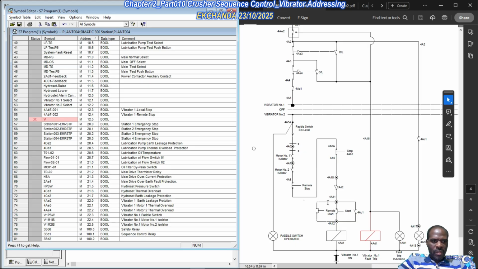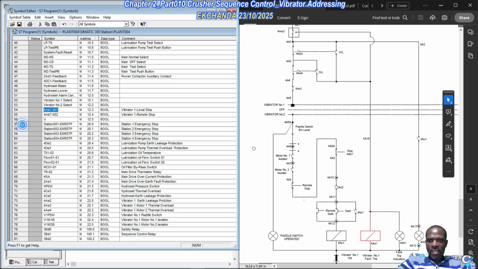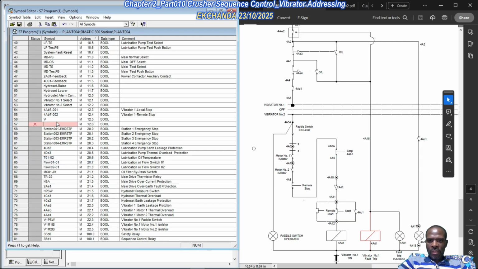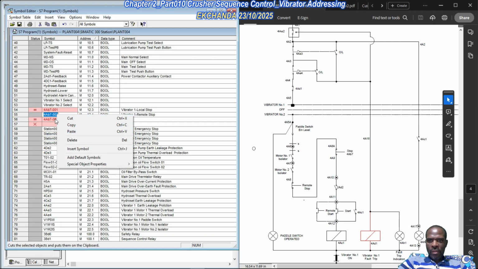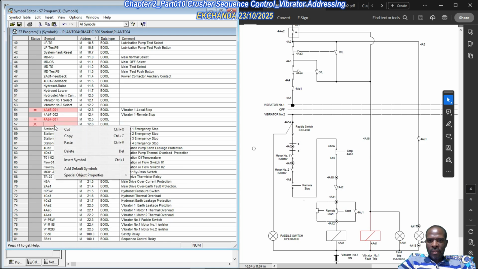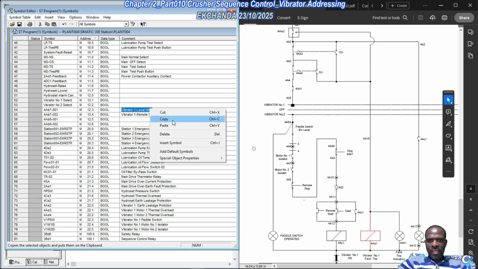Okay, because we really don't have the designation, so let me borrow this. Insert symbol. I'm going to paste there, and I'm going to borrow this one here, paste there, and then I'm going to call this 4AB8, like so. And then of course 1 will be vibrator 1